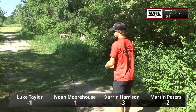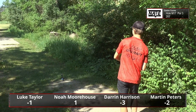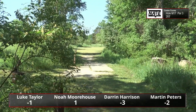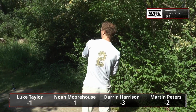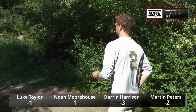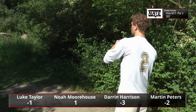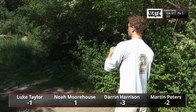Marty showing the forehand. Marty actually teaches a lot of people around here in the area how to forehand. It's a really clean form there. And speaking of clean form, Luke's forehand there was looking almost perfect. If he could have gotten that skip into the short grass, he might have had a very close lie there. Bullseye. Yeah, Noah's thrown this forehand on this hole with that Firebird an unknown number of times, but